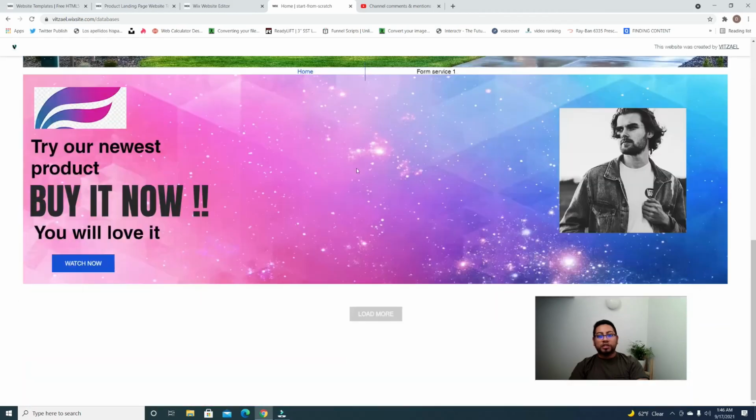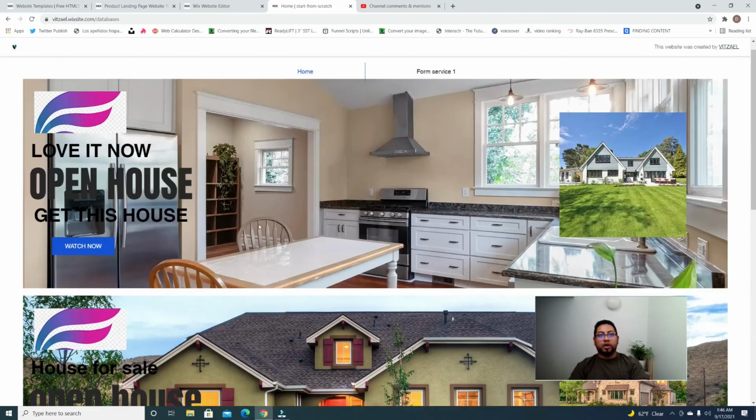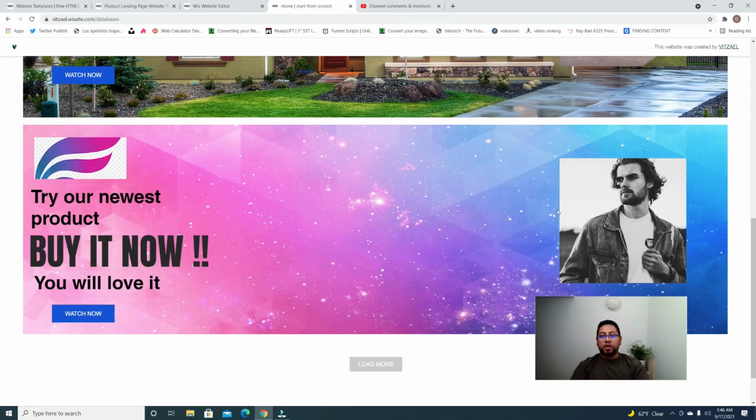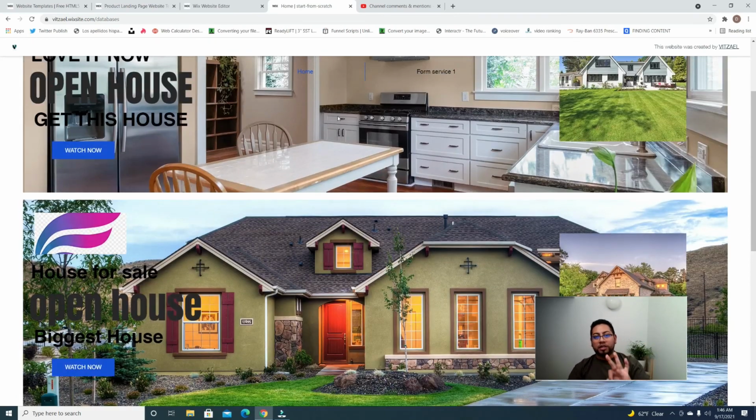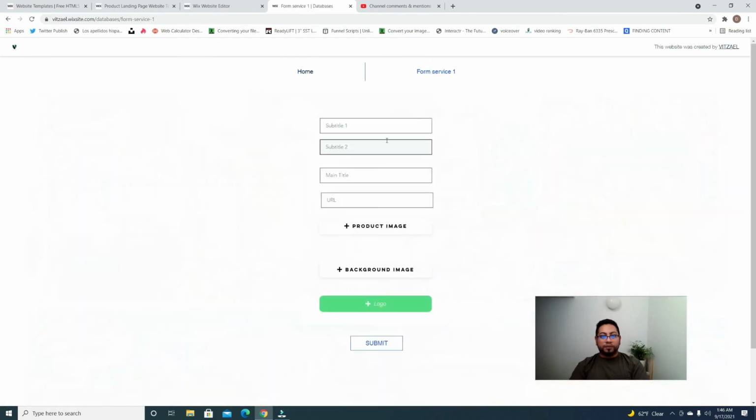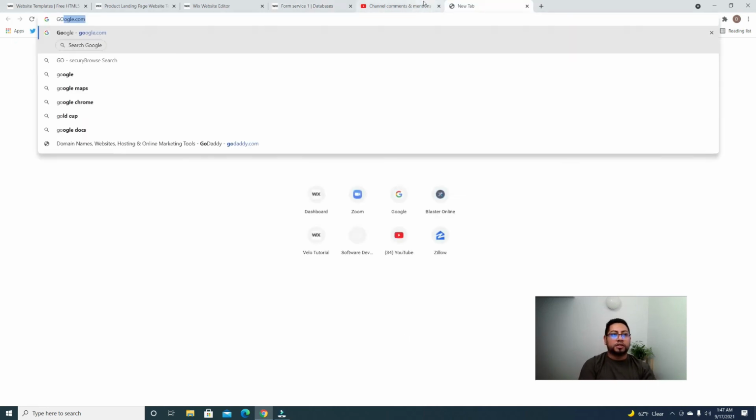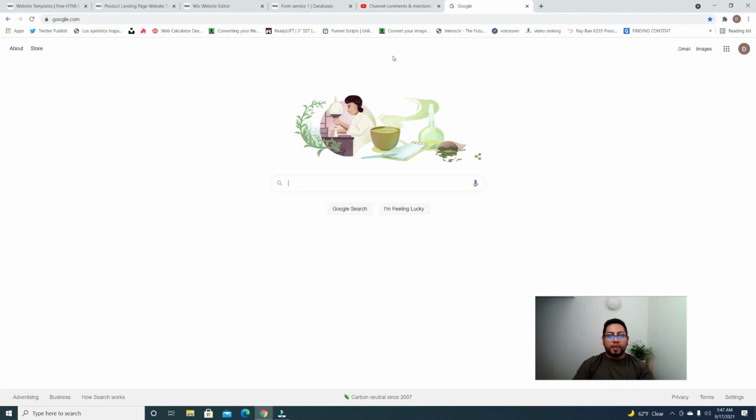So as you can see, you have these 3 products. Once I add the other one, this one is going to disappear because we only want to display 3. So we're going to go here, add the title, testing buy now, and then this one is going to be just like a main title, your dream home, and then the URL we're going to use here, let's say something like just YouTube. I'm going to use YouTube,